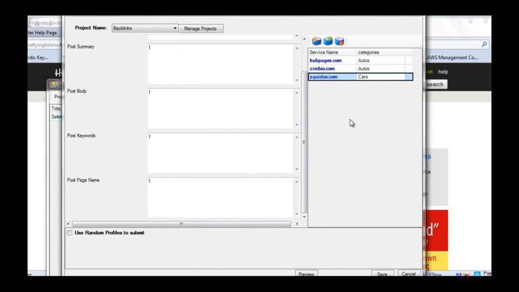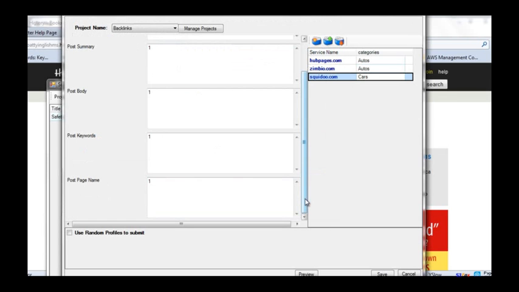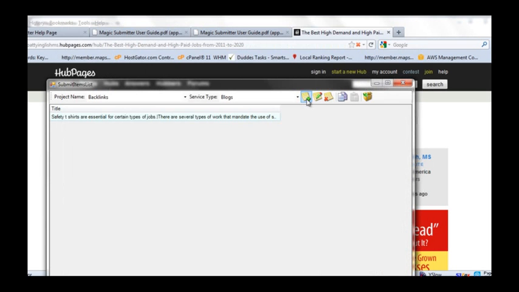Excellent. So instead of having to do all that for every single service, what you want to do is click the Save Categories, and you can put auto or car categories for blog services, and then save it. Now what happens here is that once you click out of it, and let's say I want to create another one,